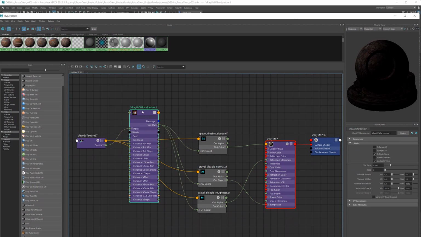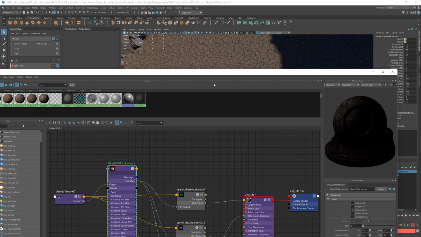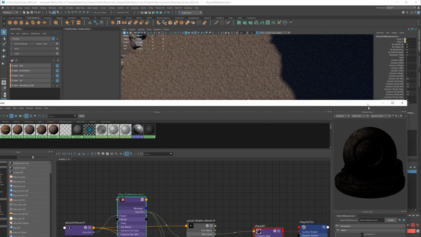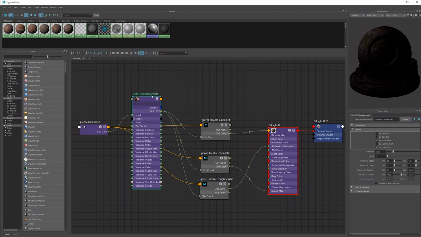Just remember though, with the UVW randomizer, if you don't turn on your stochastic tiling, you'll still get a pretty noticeable grid. So you want to make sure that that is turned on, right? Just wanted to show you that because when I recorded these lectures, that's going back to over 6 or 7 months ago, I didn't know about the UVW randomizer, but it is a pretty useful node.